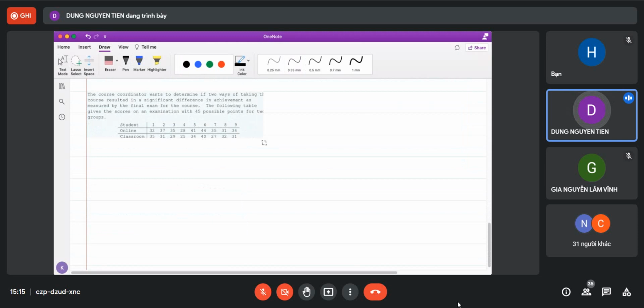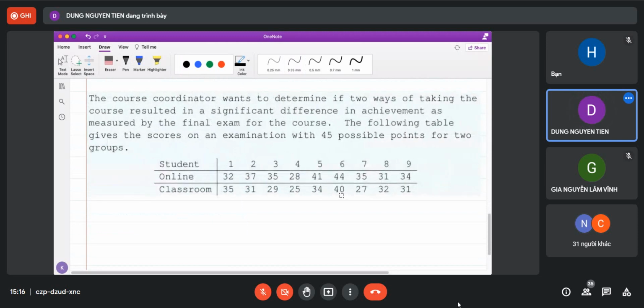Okay, let's have a look at this. Suppose that the course coordinator wants to determine if two ways of taking the course resulted in a significant difference in achievements as measured by the final exam for the course. So in this case, you get two samples, right? But